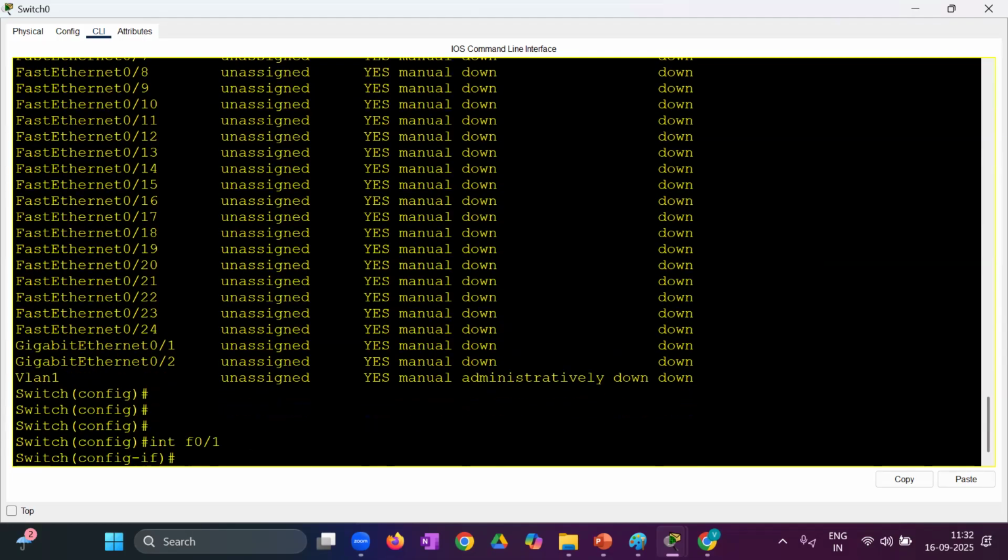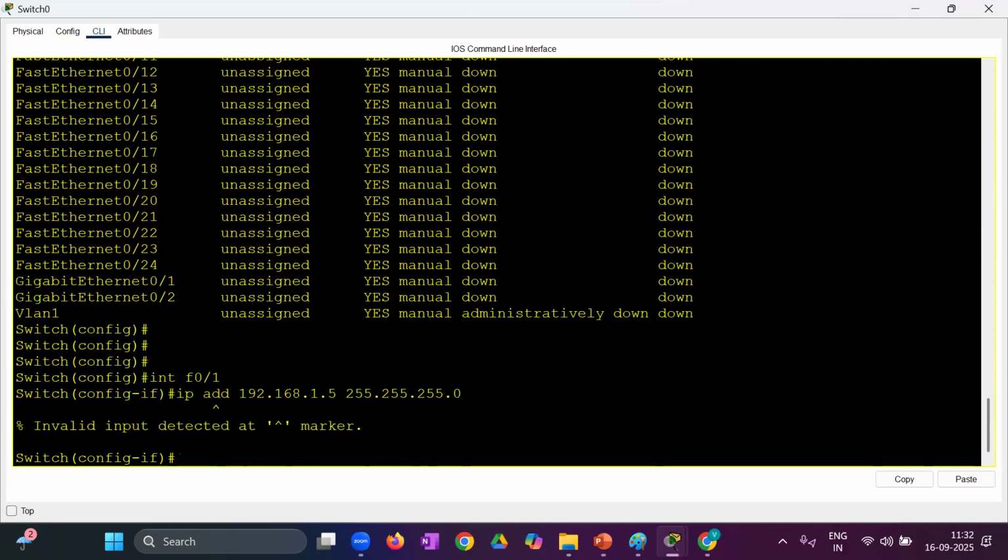Interface F0/1, IP address, let's say 192.168.1.5, 255.255.255.0. What does it say? Invalid input detected. Why? It means that on a switch interface, we cannot assign the IP address. If it is saying invalid input detected, then it means that we cannot assign the IP on